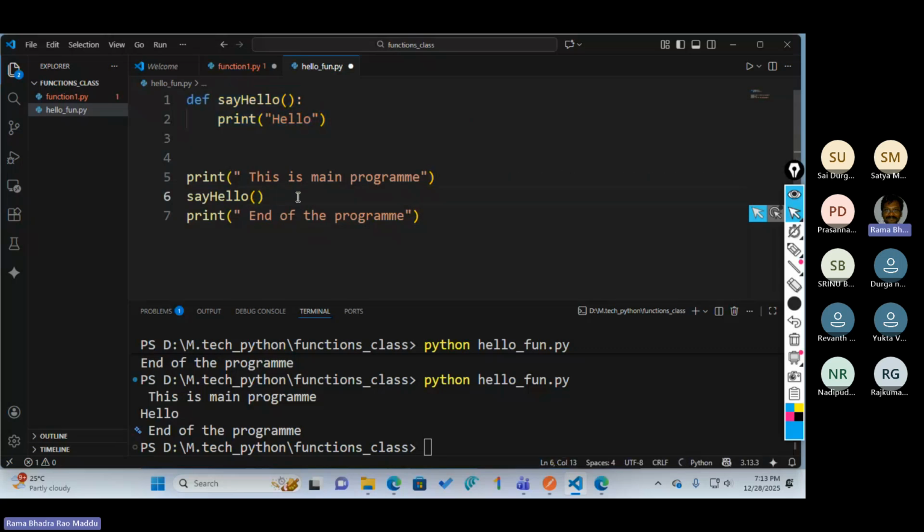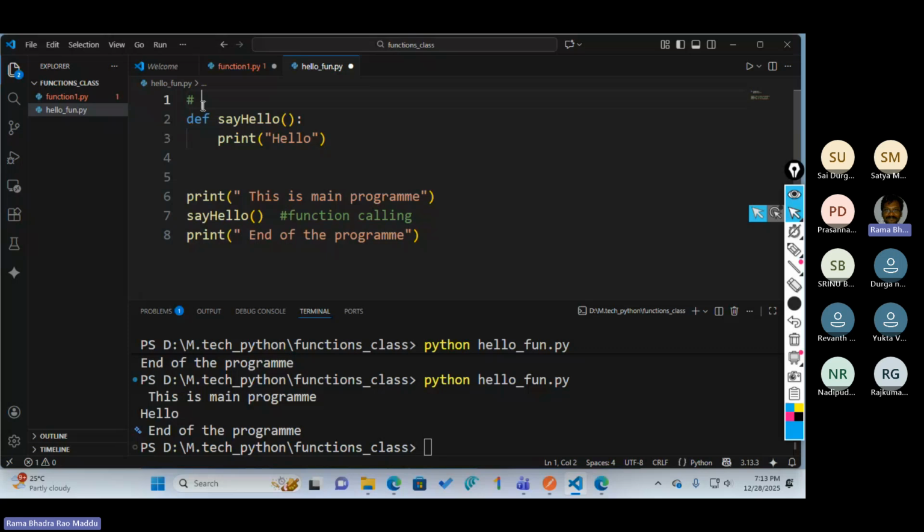So this is called function calling. This is nothing but the function definition. This is the function name, and this is the complete function definition. def is a reserved word.